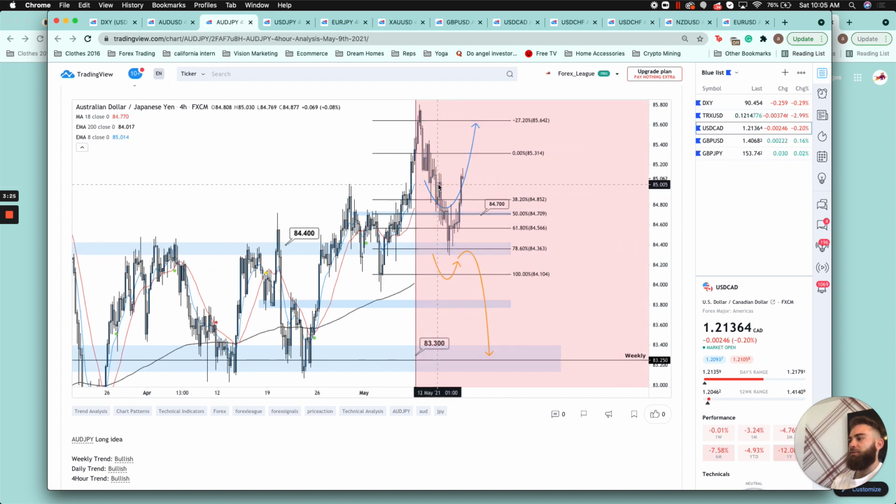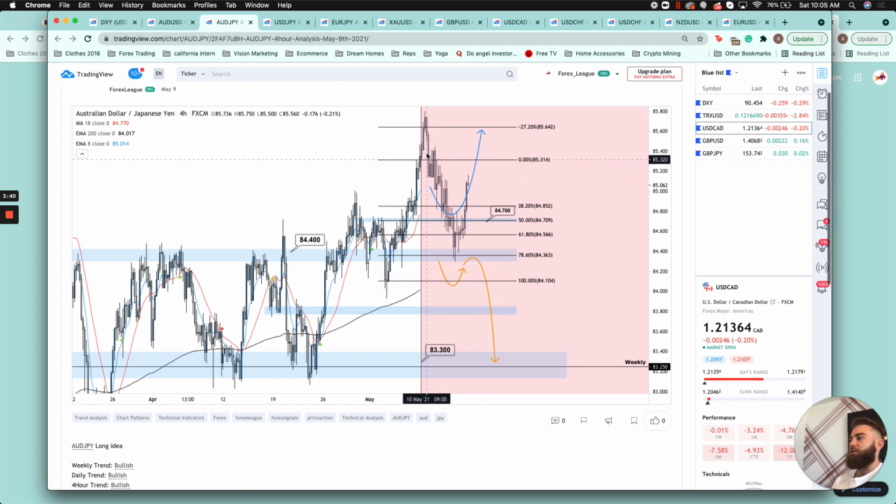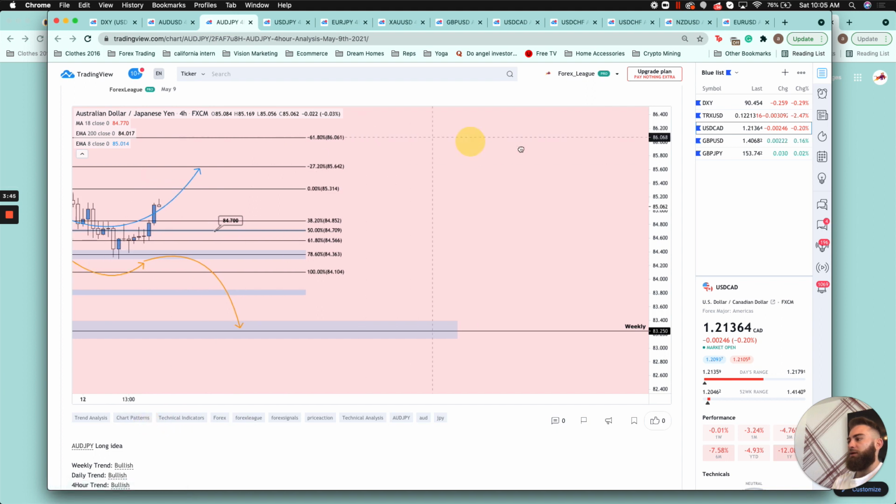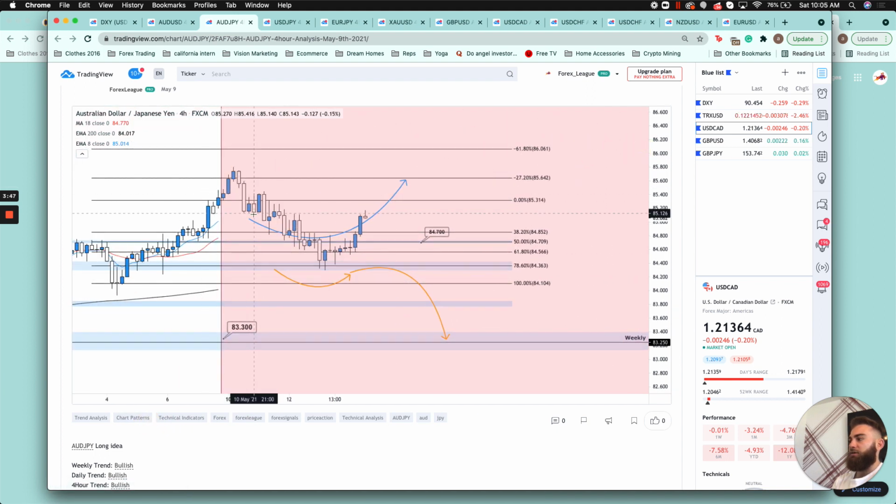We had price come down into the key level right here, 84,400, and then found support. Indication of this would be this wick and the follow-up candle. Should have started to buy in this area right here, and then price shot up 50 pips. So clearly, if I were to expand this a little bit, you can see that price was in a downtrend on a lower time frame, forming lower lows and lower highs,